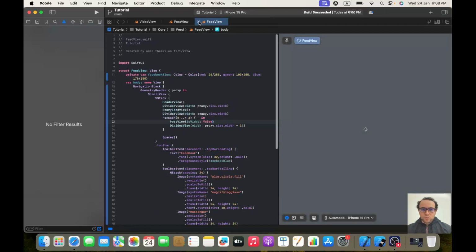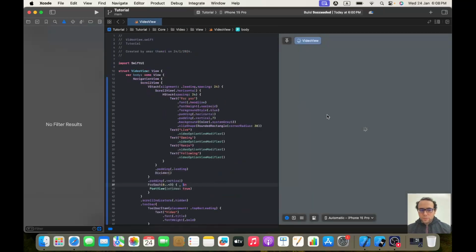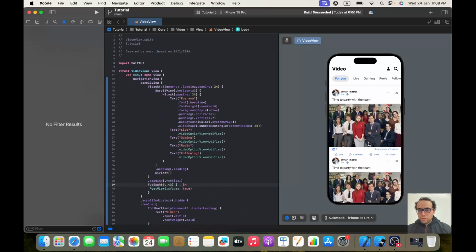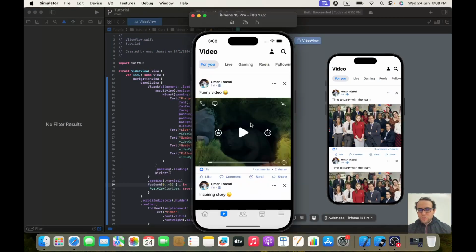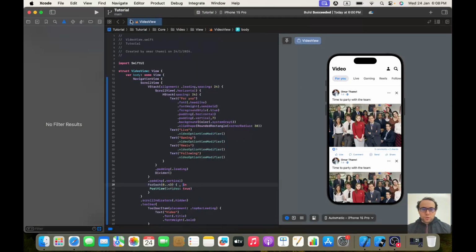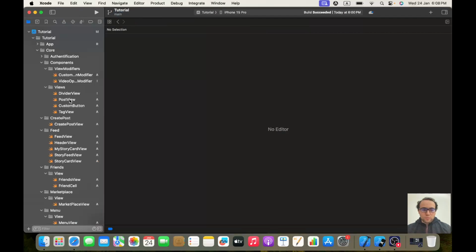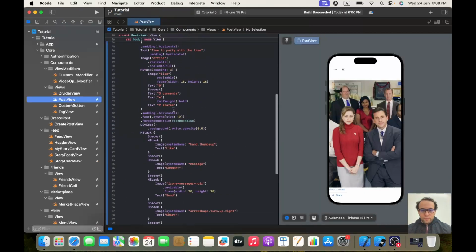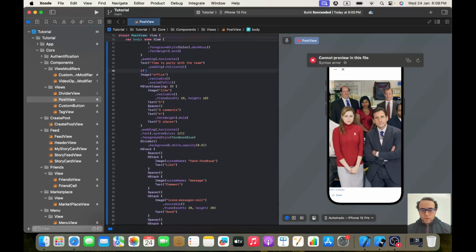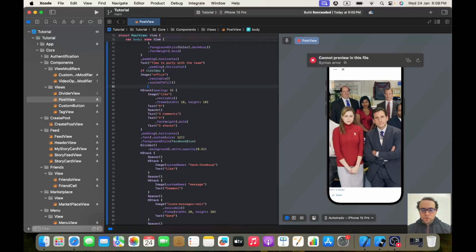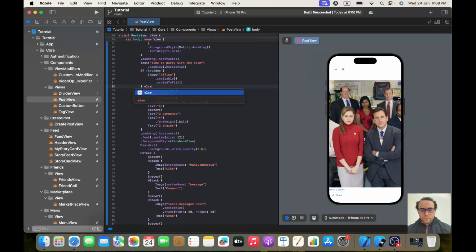So now if I go to my video view, hopefully I will see the post view. Okay, perfect. Now the only thing missing between this and my video is, as you can see, I got a video, it's now an image, I need to replace it. So I will go to my post view, and you see this image, I will have another condition. If not is video, in that case, show me this image. Else,